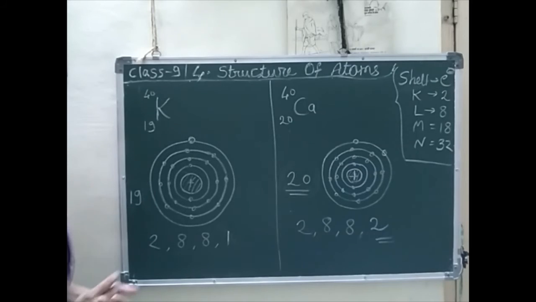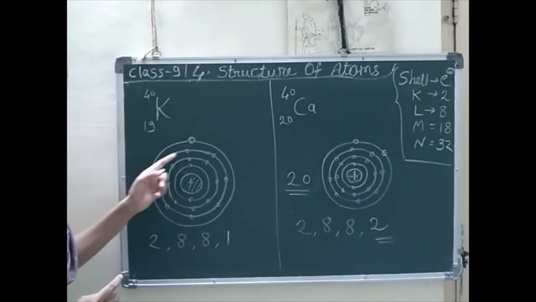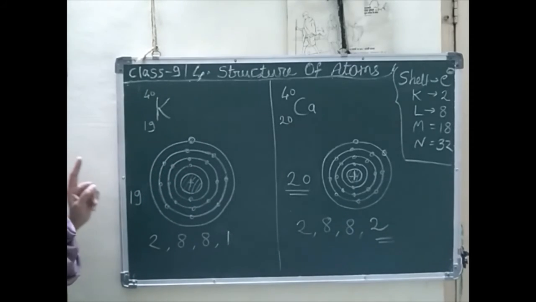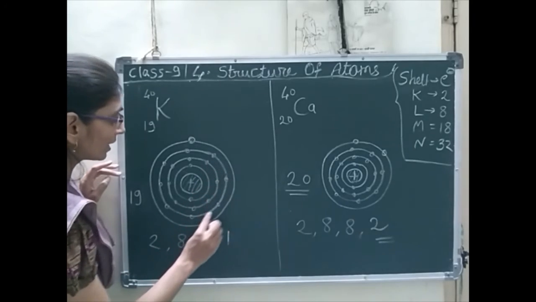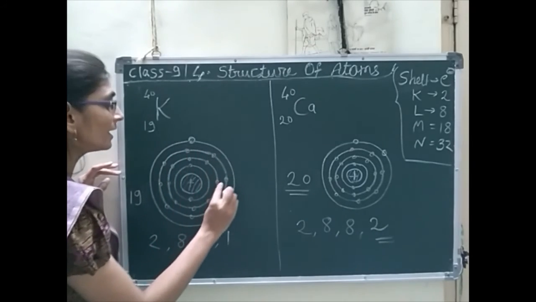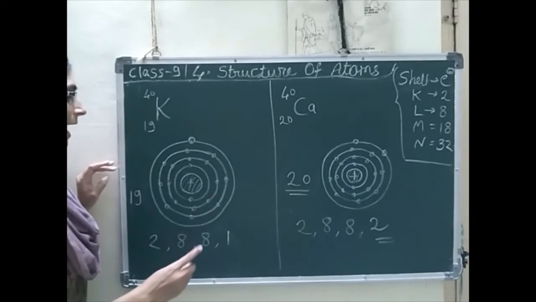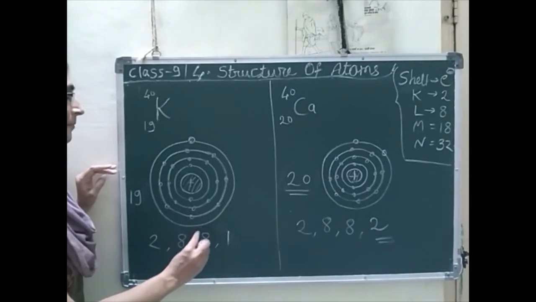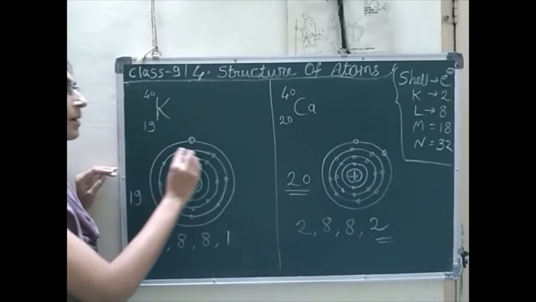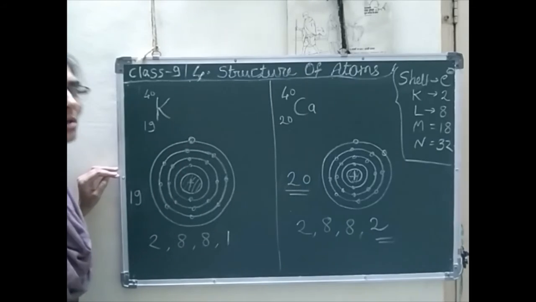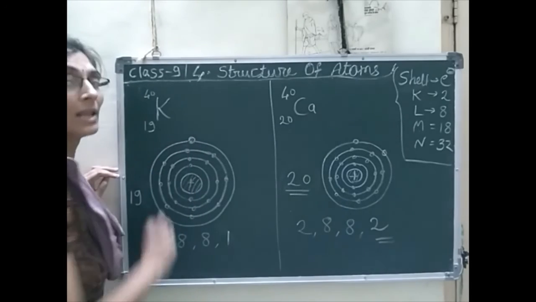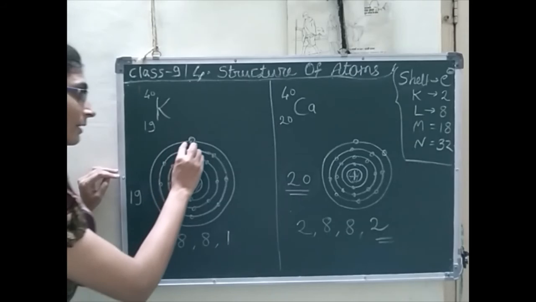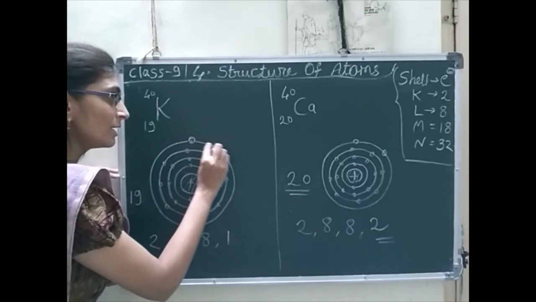If the maximum of 8 electrons are here, then it will acquire a stable configuration. Everyone likes to be stable, right? So for the stable configuration, only 8 electrons will be accommodated in the third shell, and the rest of the 1 electron will be promoted to the fourth orbit, the last orbit.